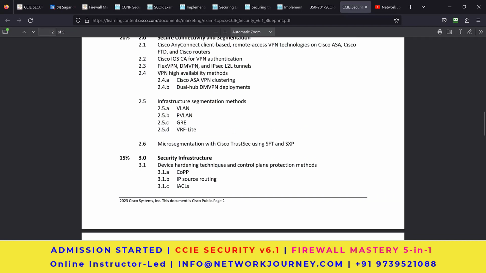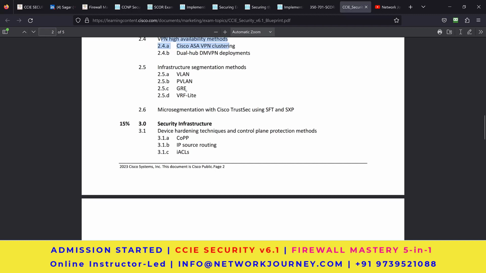Clustering, yes, this is also a very big yes, because we do the high availability over on the ASA firewalls. We first do the clustering configuration, then we bring up the high availability, and then we allow some VPNs. So it's again a very highly recurring task that we can expect in the next syllabus. From this topic,